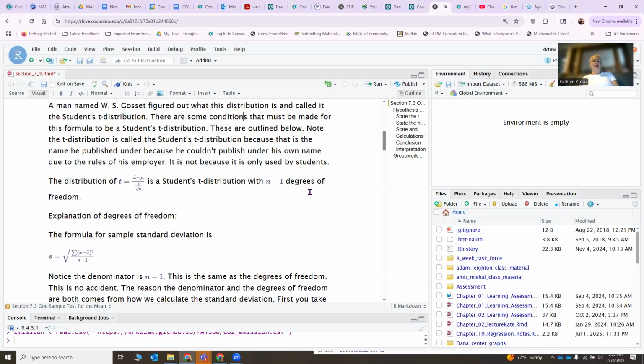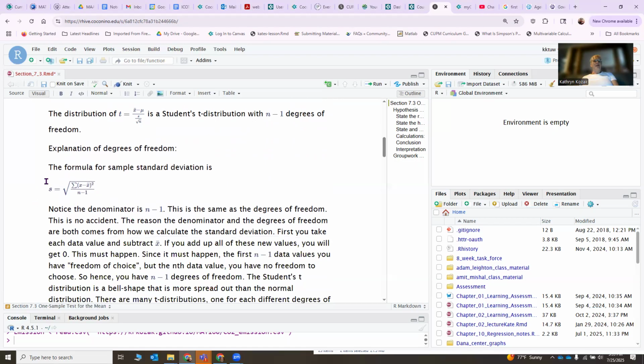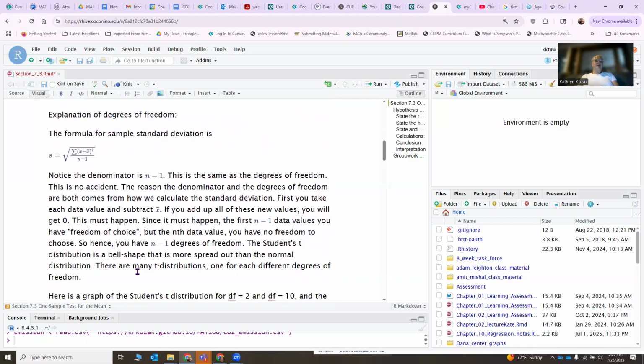So we have this distribution. It has what we call n minus 1 degrees of freedom. The explanation for that is the standard deviation formula has that n minus 1 in there. You can kind of think of it as your freedom of choice. So the first n minus 1 data values, you have freedom of choosing what they are, but the nth data value has to be a certain number